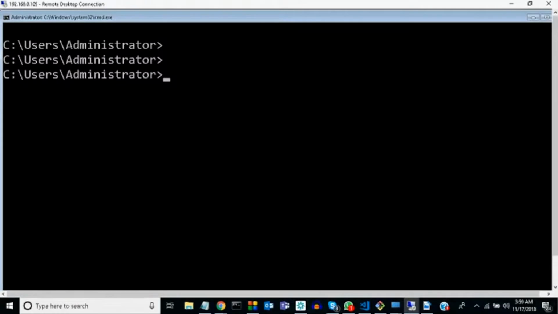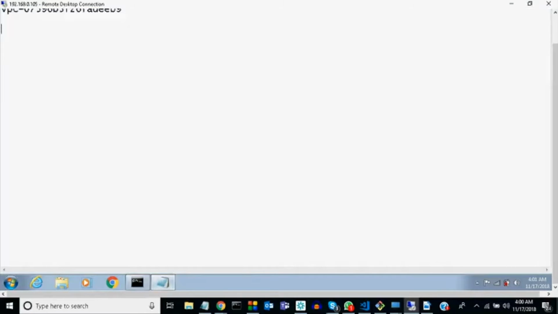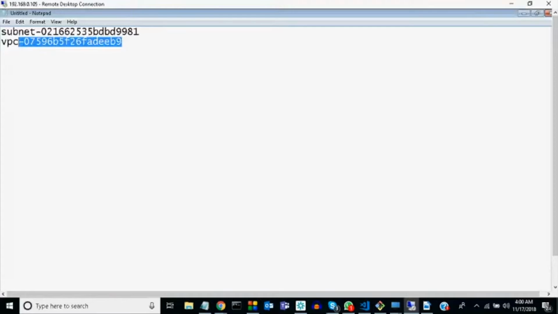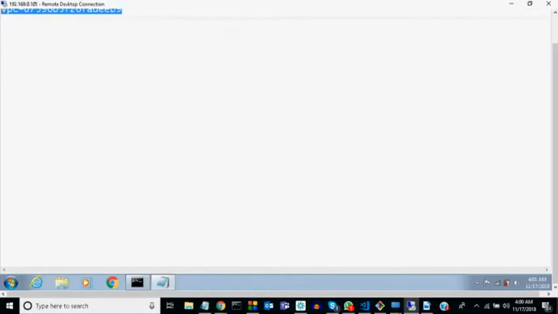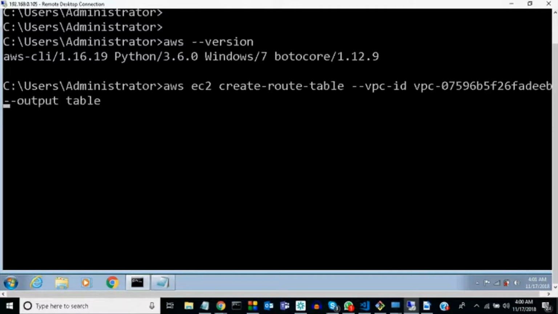Now I am going to create a command: aws ec2 create-route-table. We need to add the VPC ID here, and --output table. So what we are doing right now, the command is aws ec2